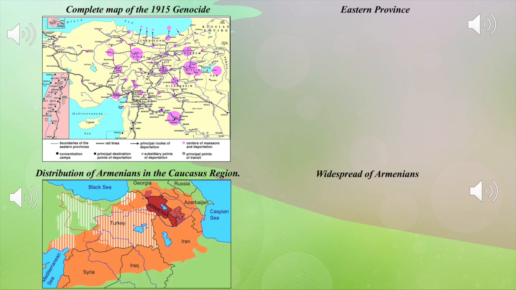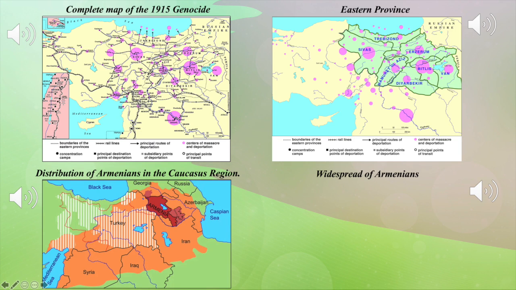Well, although we know this is no longer the case because, of course, they don't like each other, but I think Armenians had well enough reason not to like them too. In this photo, this is a close-up of the Eastern Province, and again, the pink is where the massacre took place.